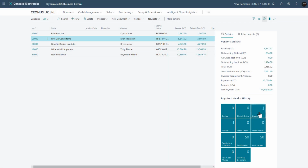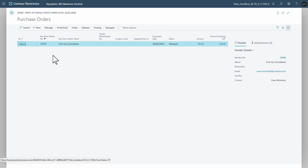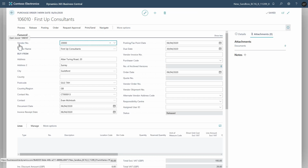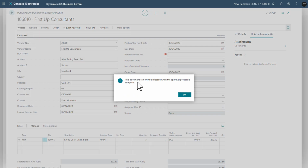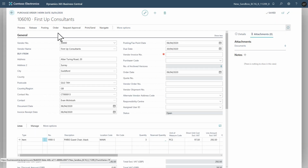If we go and take a look at the actual purchase order, I see its status is now released, but if I wanted to make any amendments, so if I were to reopen and increase the quantity, I would need to go back through the approval process. So I request approval,